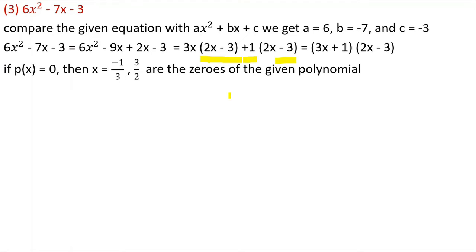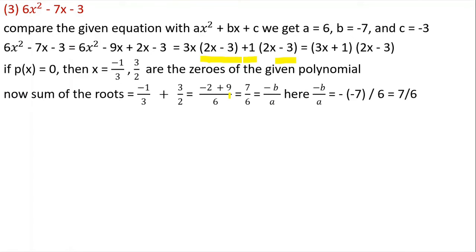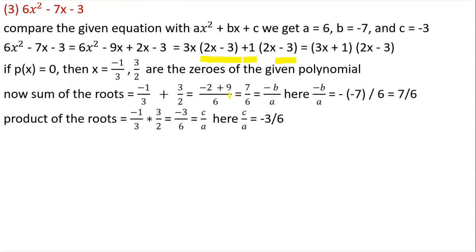In order to check the relationship between the zeros and their coefficients, we know that the sum of zeros is equal to minus b by a and the product of zeros is equal to c by a. Okay. For the sum,